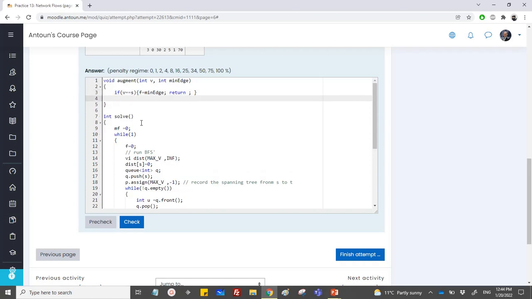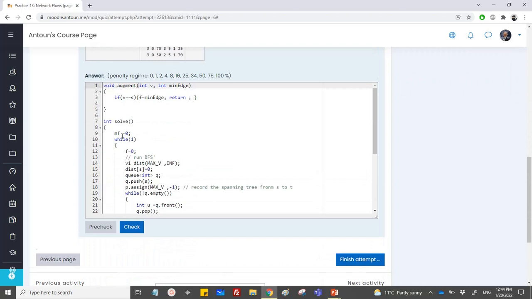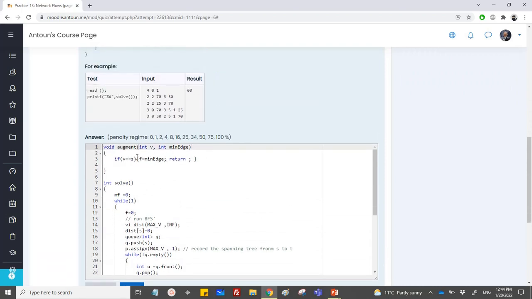So we are doing here a traversal from s to t. So record the minimum edge in a global variable f. f is already a global variable, okay? So there's no need to do a return or anything, it's already in f. So else